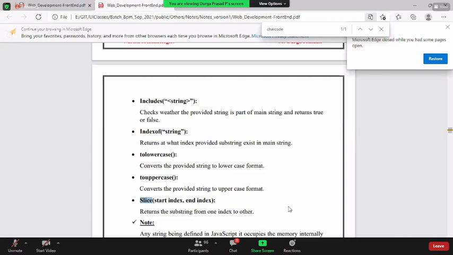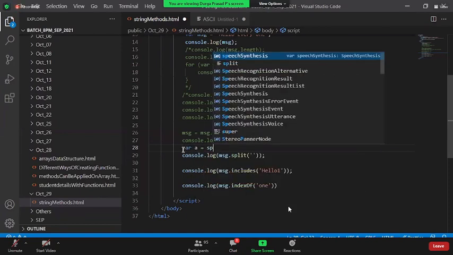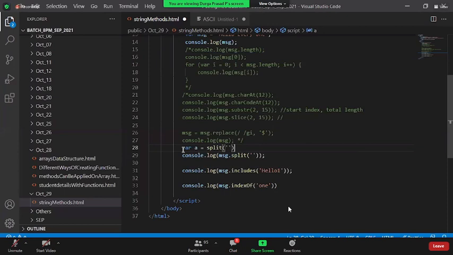When I say split at line number 29, is it splitting, is it storing, or simply showing? After applying the split method on MSG, what is the response? That is what you can see. It is not changing anything on the MSG. Now, if I say MSG equals MSG.split, then it will change the existing value. I'm not doing it. I'm simply saying msg.split. It is just showing the result at that time, not storing it inside the variable. Now, if we want to store, I say var a equals the split of MSG. Now a is the one which has the data.